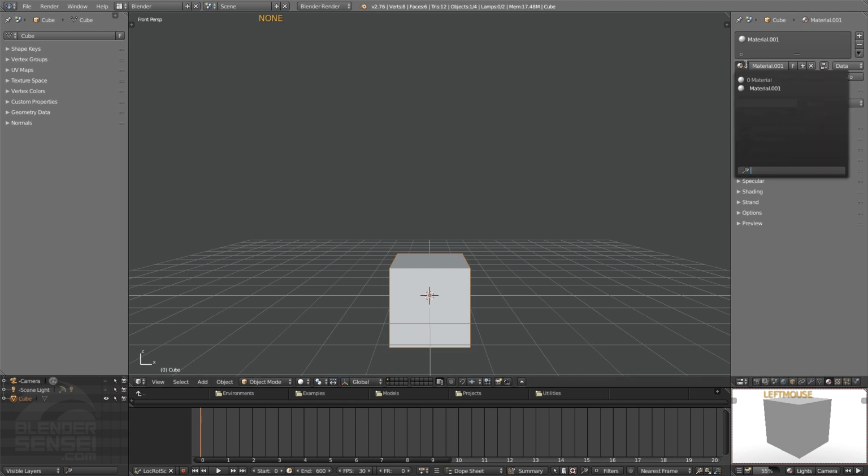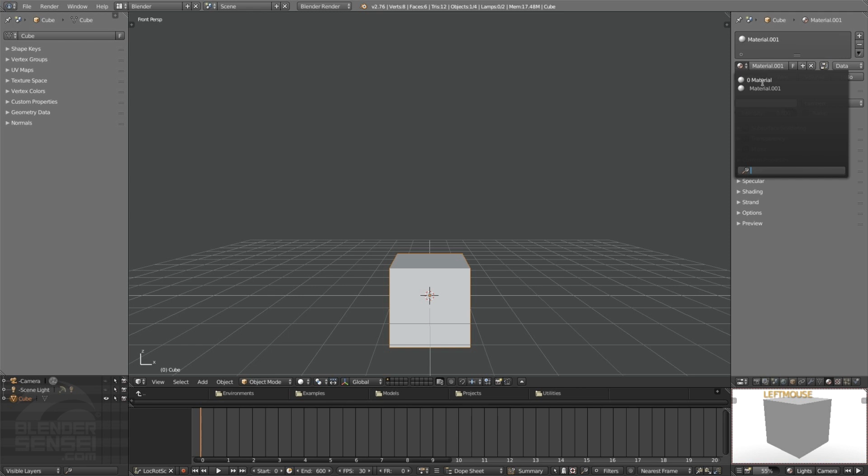If we click on this little button, which I said displays all the materials within the file, you'll see the first material we actually created has this little 0 by it. And what that little 0 means is that this first material we created has no users. Basically, there's no objects anywhere in the scene that are using that material. So anything you see with a 0 by it, whether it's a material or an object or a flim-flammy Magoo or what have you,